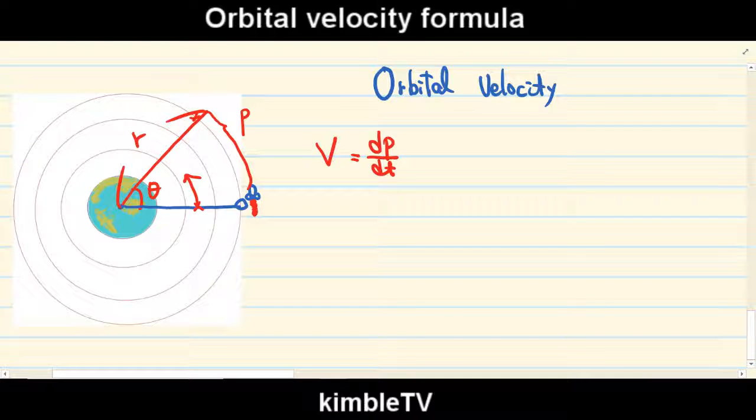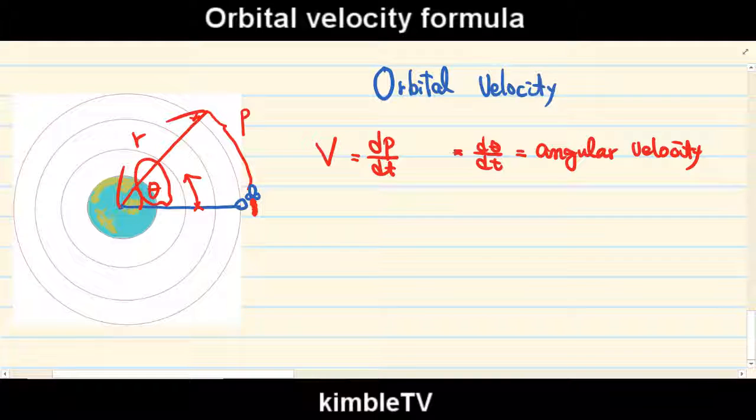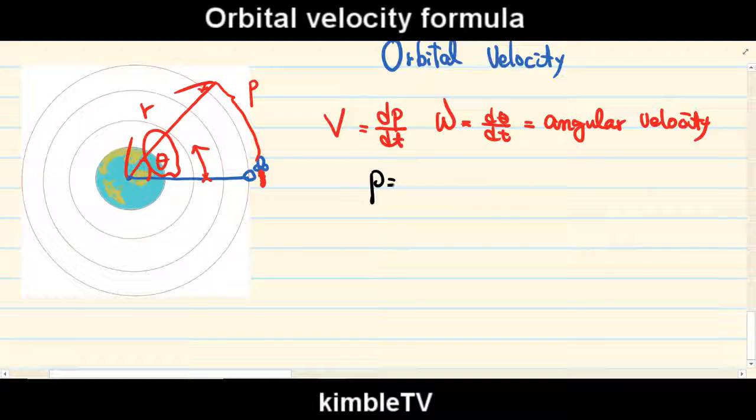And angle theta also changed. Therefore, d theta on dt is the rate of change of angle theta. This is called the angular velocity. Let omega be angular velocity. p equals r theta. Therefore, velocity is dp on dt, equal to d on dt of p, equals d on dt of